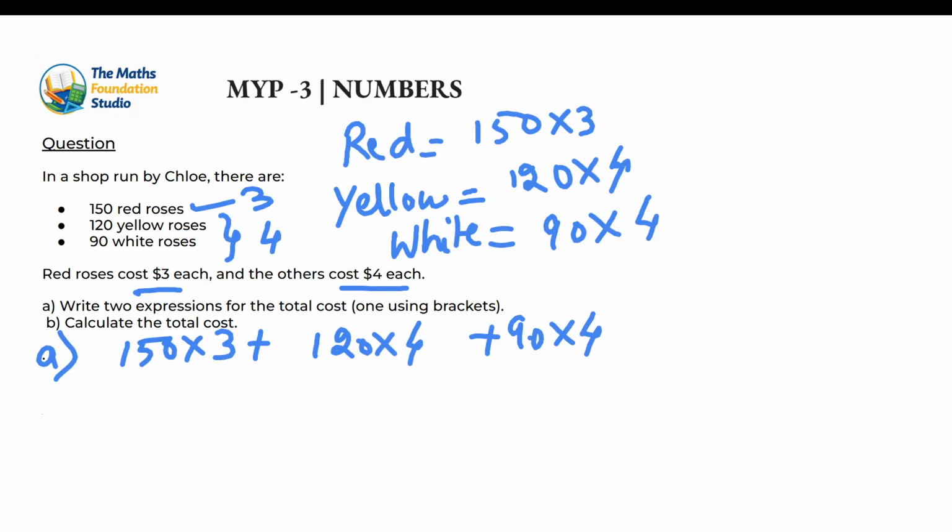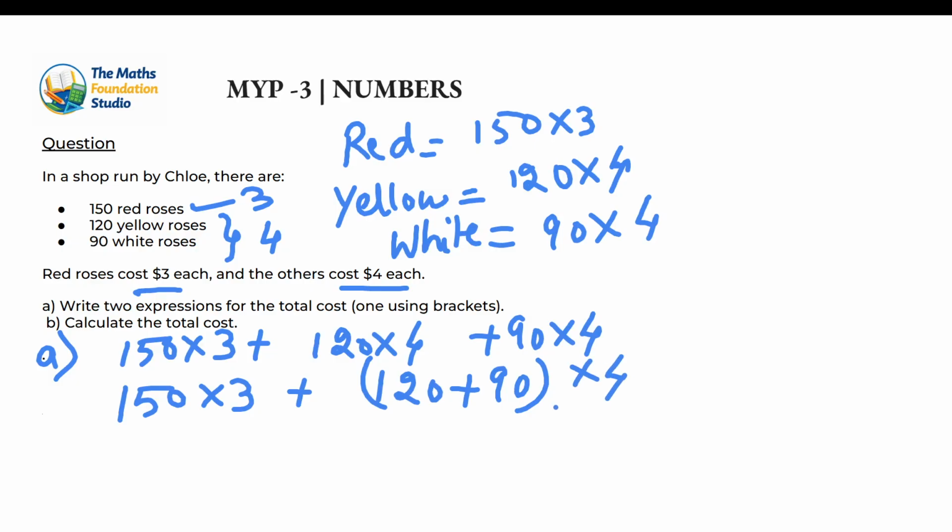If you note here, we are not using any brackets. So let's write the same expression using brackets. It means we are going to club together yellow and white roses because both are sold at $4 each, multiplied by 4. Let's try to find the answer. So answer would be 450 plus 210 multiplied by 4, which comes out to be